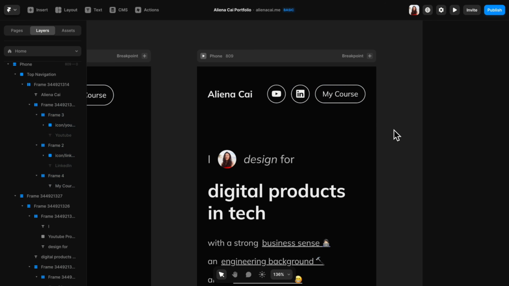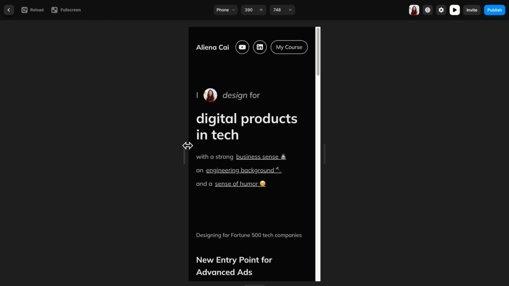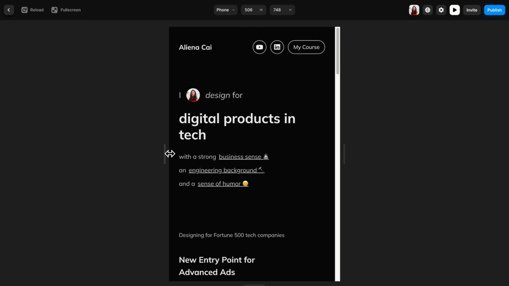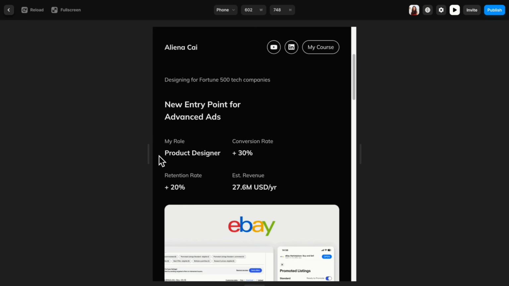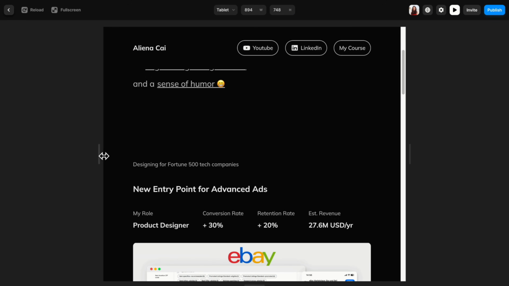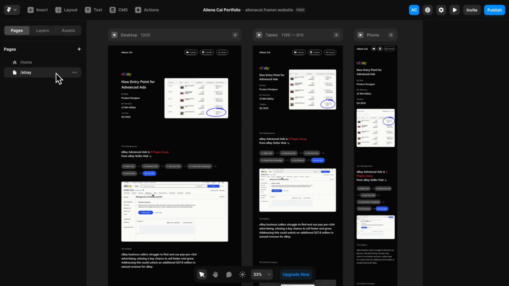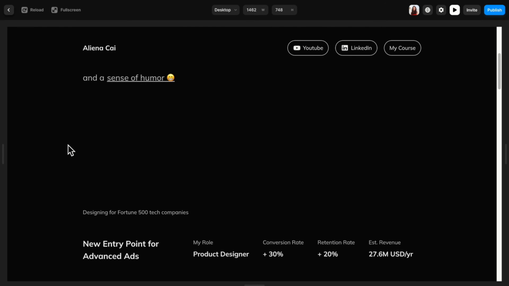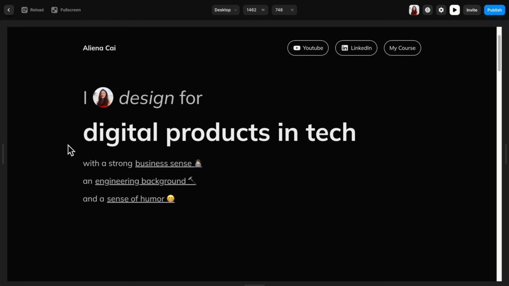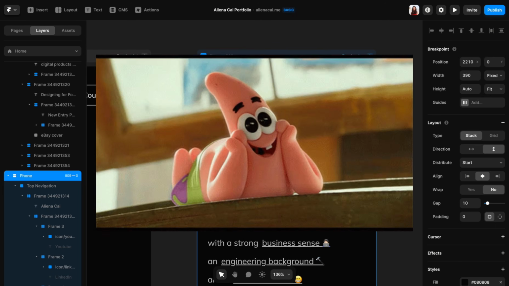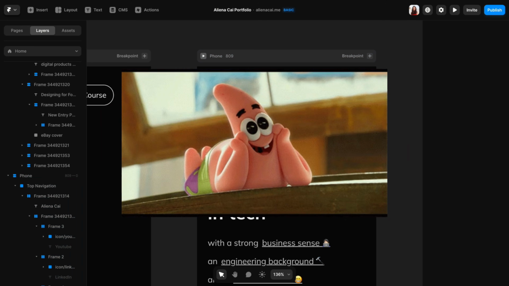Take your time, arrange most of your elements by stack, not frame. Adjust most elements' width to relative and fill, and their height to fit content. That should be 80% of your work. Also import your design for all your case study pages and make them responsive too. This step will take a while, so I suggest you put on a nice playlist. Also repeat after me. I am awesome, I am smart, I am patient. My portfolio shines like a diamond.